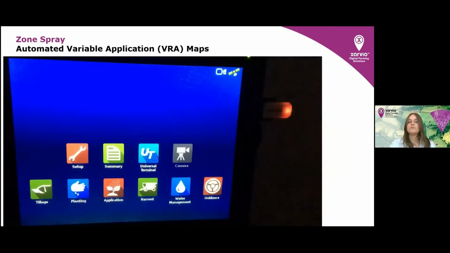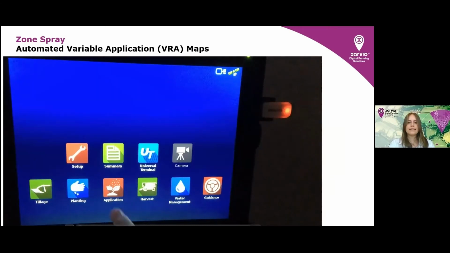So now I'm just going to show you an example of how to import a variable rate map. We've been talking about it, so I'm just going to show you a video and talk through each step. This is an example of an Ag Leader InCommand terminal, which is found quite often in our sprayers around here. So step 1 is to select this application button here,